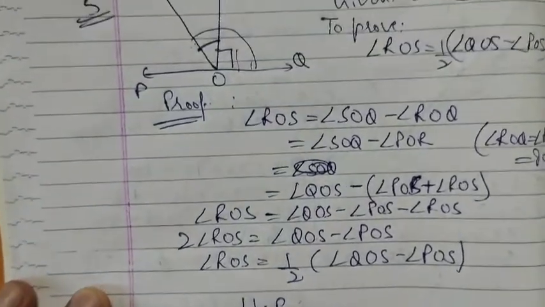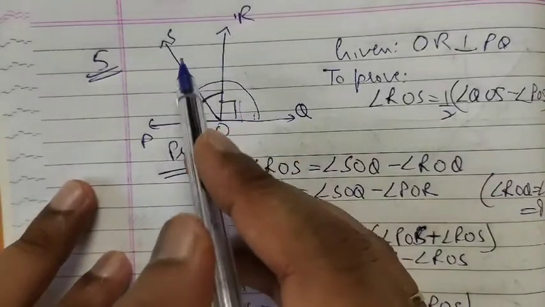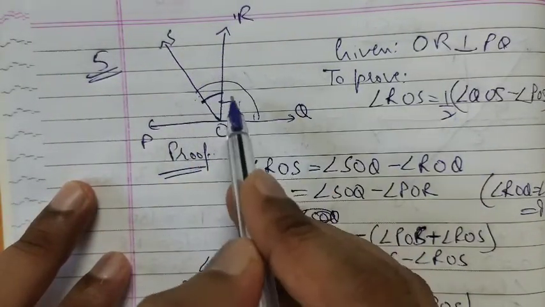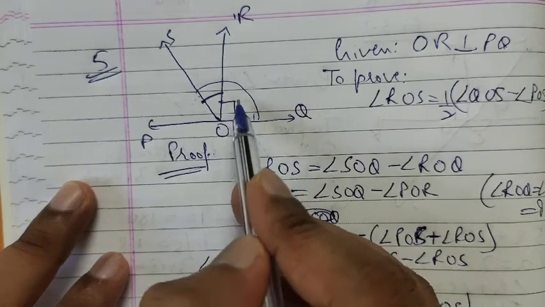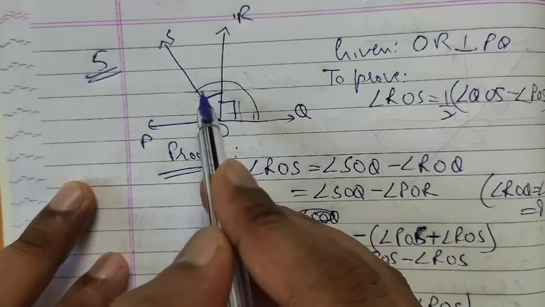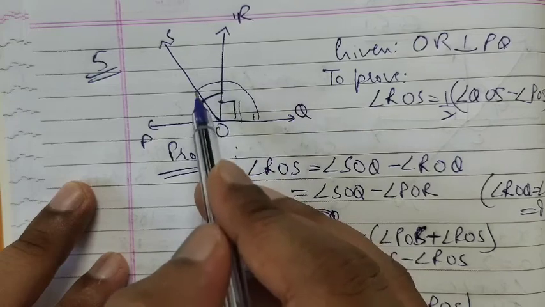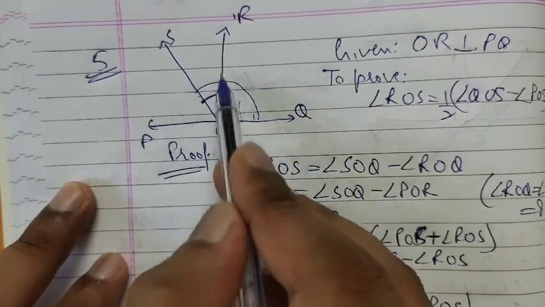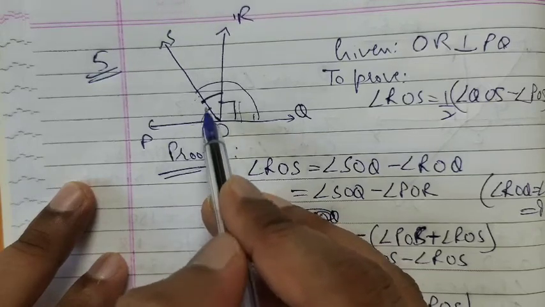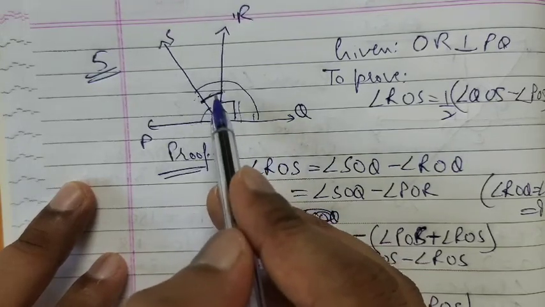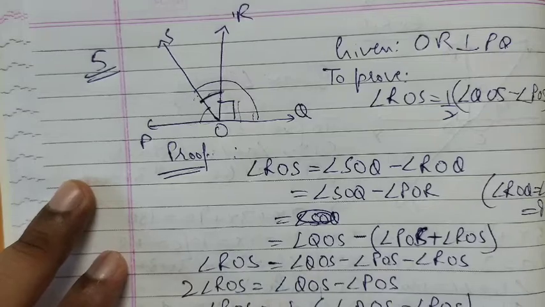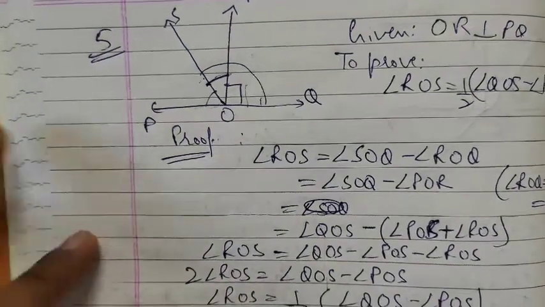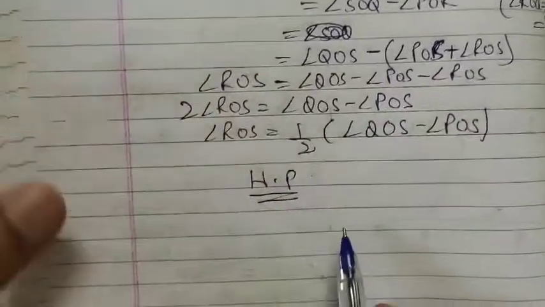So that's what we have begun with. Angle ROS is this angle, right? So this angle can be written as this whole minus this one. So this angle we have replaced with this one, right? So ROS will be equal to this whole angle minus this angle. Now we have broken this whole angle into two parts, this one and this one. So simplifying this whole equation, we'll get the required expression. Next, last question of this exercise, sixth question.